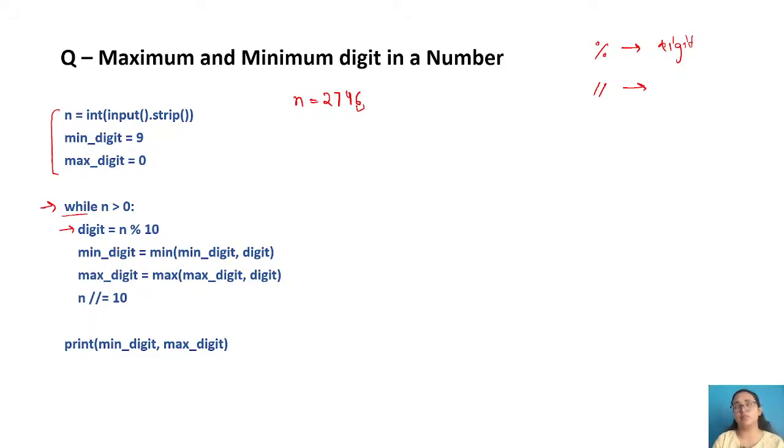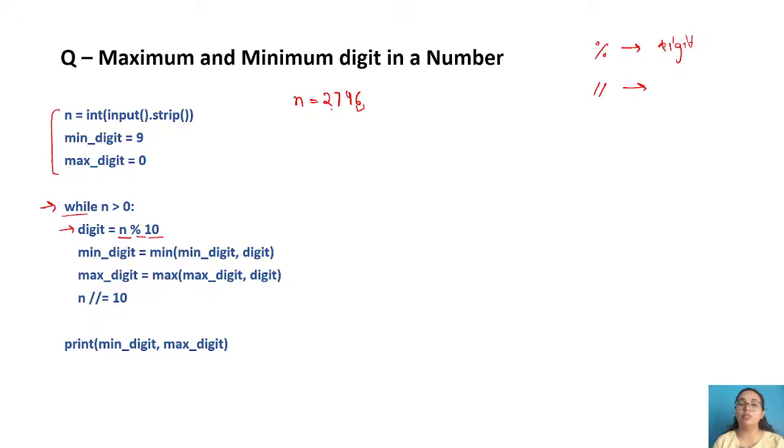There could be any kind of questions. If you want 2 digits at a time to be selected, in that case you have to modulo it by 100, right? And similarly, if you want 3 digits, you have to modulo by 1000 and so on, right? So right now I want only one digit to be accessed at a moment. So what I'm doing is n modulo 10.